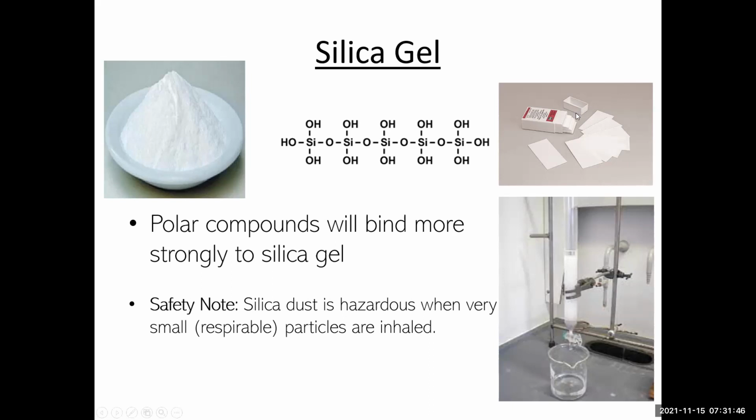And when we're doing TLC, which stands for thin layer chromatography, we have a plate that could be made of plastic or glass, and on one side it's coated with silica gel powder. A column, again, has a mixture of the silica gel powder mixed with solvent, and it forms a uniform, homogeneous mixture that the compounds can then pass through as they interact with the silica gel and the mobile phase. And because we always want to collect any solvent that might come out of the bottom, you can see this beaker here collecting that solvent.